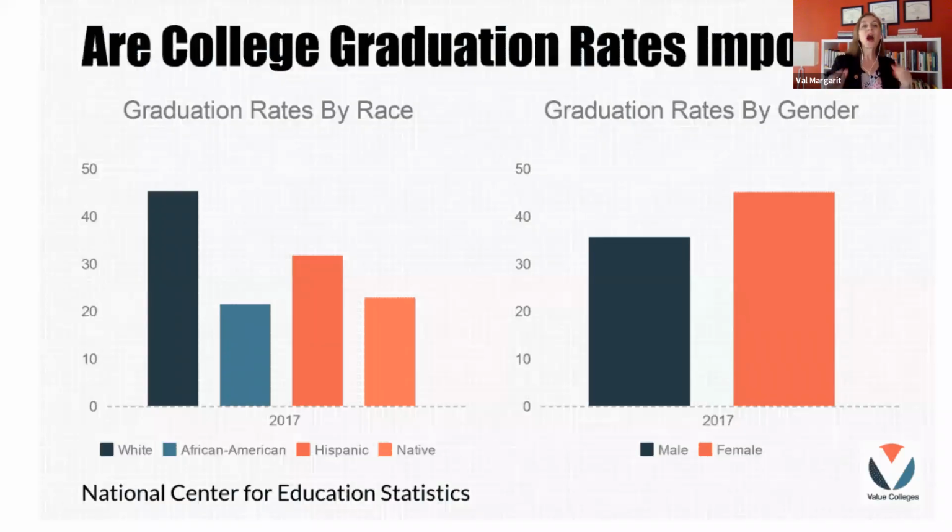And the third one, are college graduation rates important? Of course. Students come to us, yes, to graduate on time and to be successful and to really graduate with the skills, the knowledge, the attitudes, the beliefs, to go into the real world and make a difference, perhaps to solve the world's problems, to make the world better, right? That's what education is about. Education is about contributing to the community, contributing to the country, to the world, and making it better. And that's why education is incredibly important, and that's why you, as the educator, play such an important role.